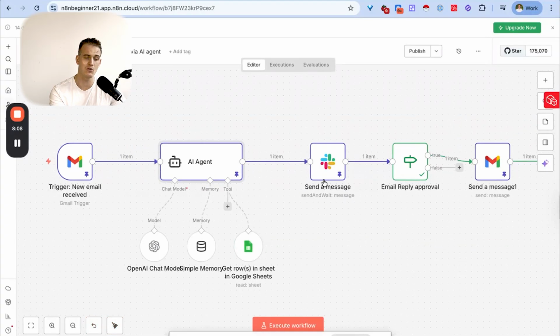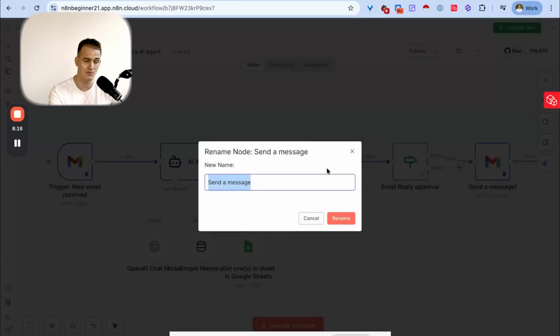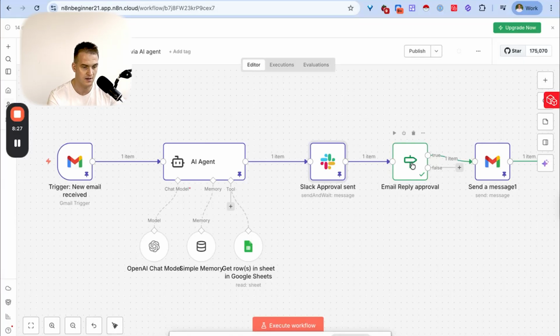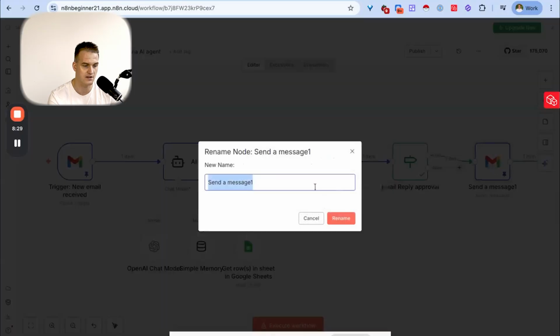And more than that, I'm now going to click into each one of these nodes and at the same time press space on my keyboard so I can rename it. And then I'm going to rename every node. For example, Slack approval sent, in this case, email reply approval, and then I'll just say for this one something